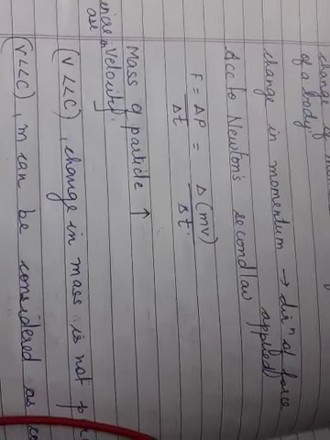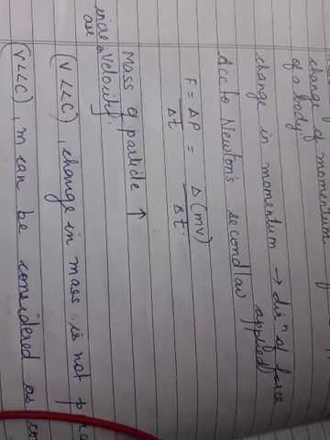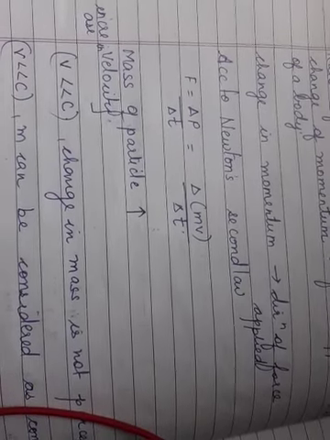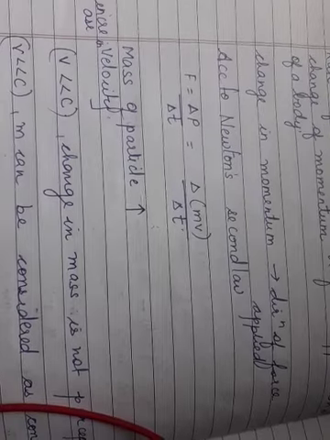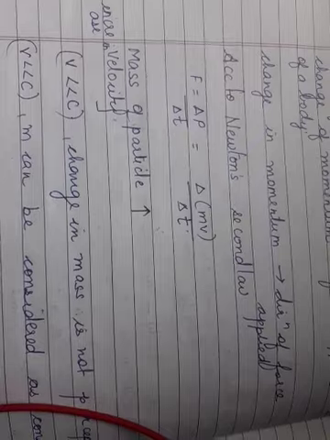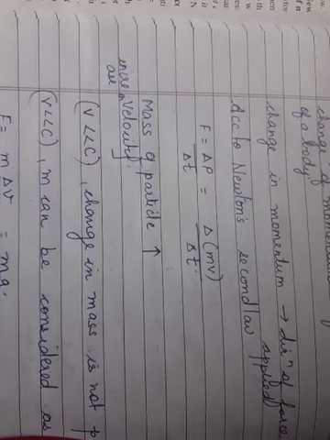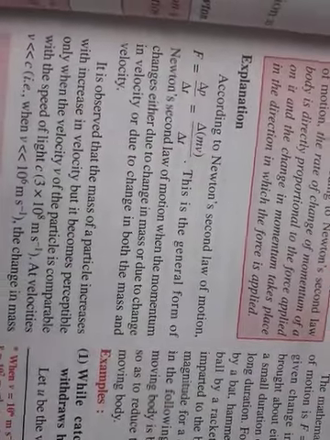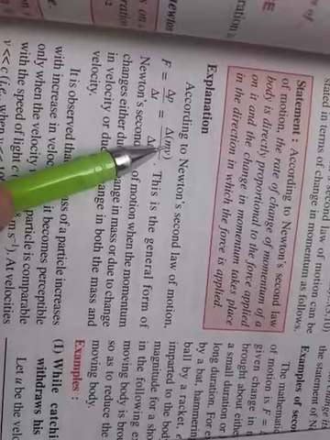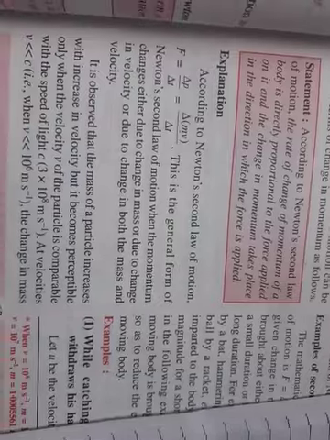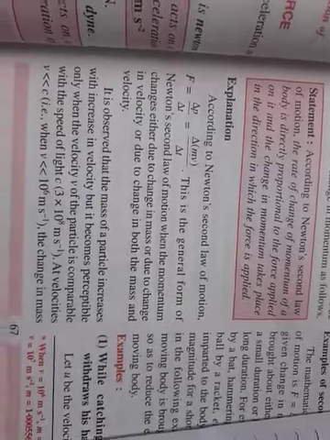Now Newton's second law of motion says that there will be force if there is a change in the momentum. The momentum changes either due to change in the mass or change in the velocity, or change in both mass and velocity. This also we studied, right? When can there be a change in the momentum? There can be a change in delta P when there is a change in mass m, or a change in velocity, or a change in both mass and velocity. At that time we can say that the momentum will change.